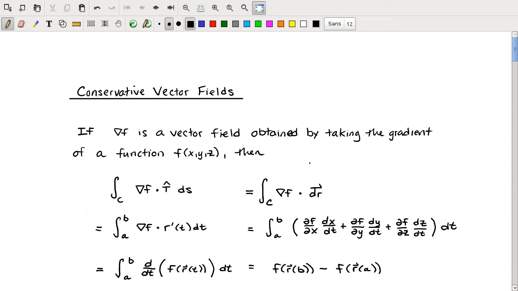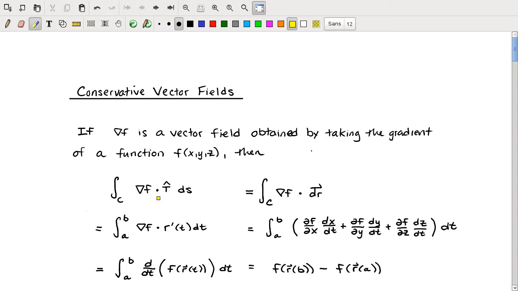So today we're going to talk about a special kind of line integral. Having dealt with general line integrals in the last lecture, we're going to talk about a special kind of line integrals over vector fields that are formed by taking the gradient of another function. So suppose we're concerned with a vector function that is the gradient of some scalar field f. We can consider taking line integrals of this vector field